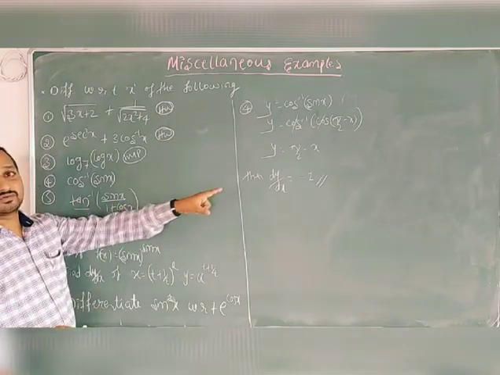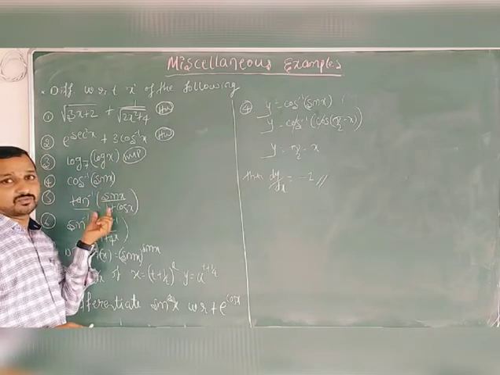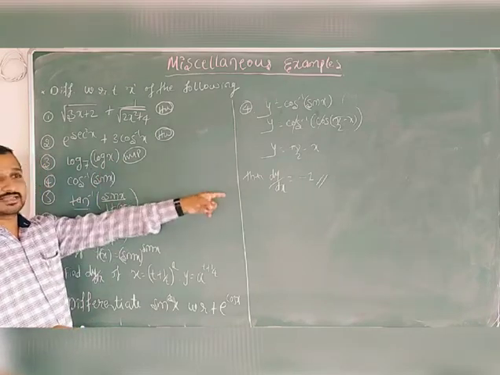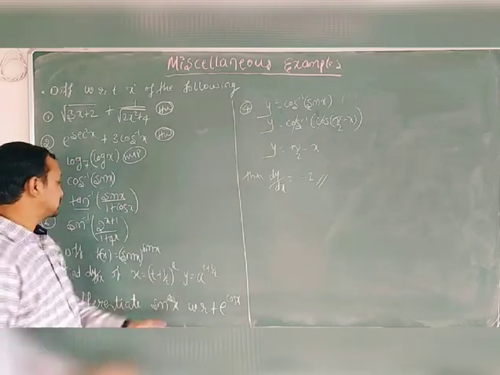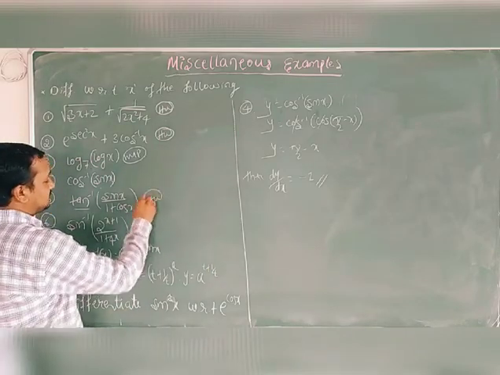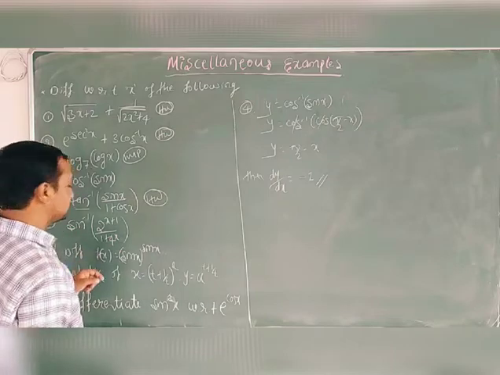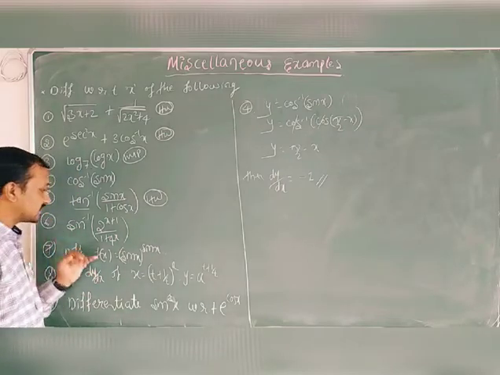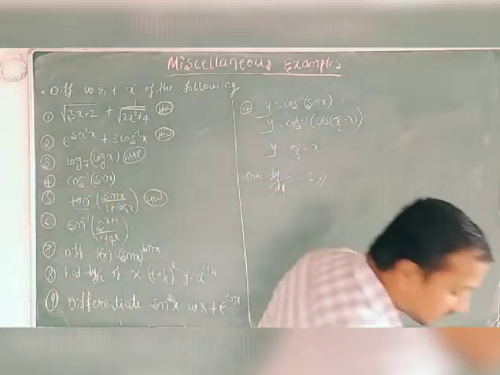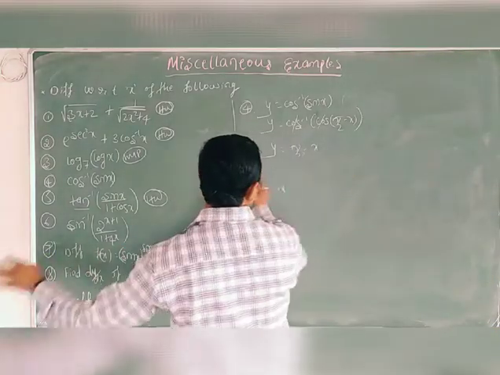Then x by 2. First we solve y is equal to this inverse trigonometric function, then y equals x by 2. Then d by dx of x by 2 is 1 by 2, which is the answer. So this is also very easy. You can try yourself. And the next, the sixth example, is a bit complicated example. So I will solve this sixth example.